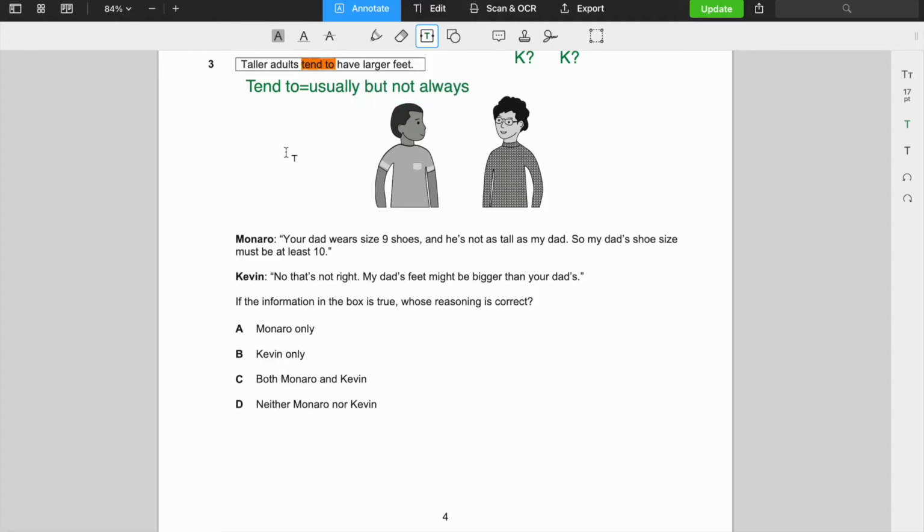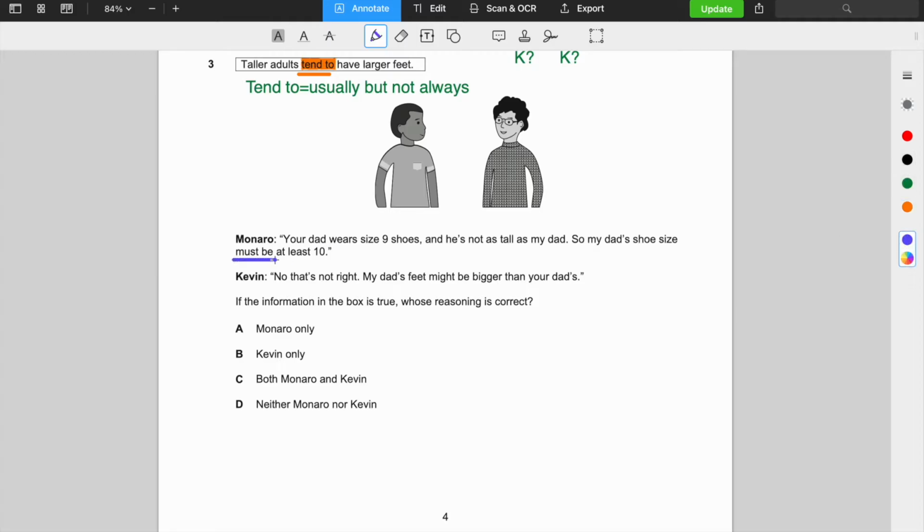Okay, so we have a bunch of statements and we have to analyze whose reasoning is correct, right? The classic dialogue question that you might see. So Monroe says, "Your dad wears size 9 shoes and he's not as tall as my dad, so my dad's shoe size must be at least a size 10." So Monroe is making the assumption that if you're taller, you definitely have larger feet. But again, you have to remember, focus on the key words, which is "tend to." So Monroe is wrong